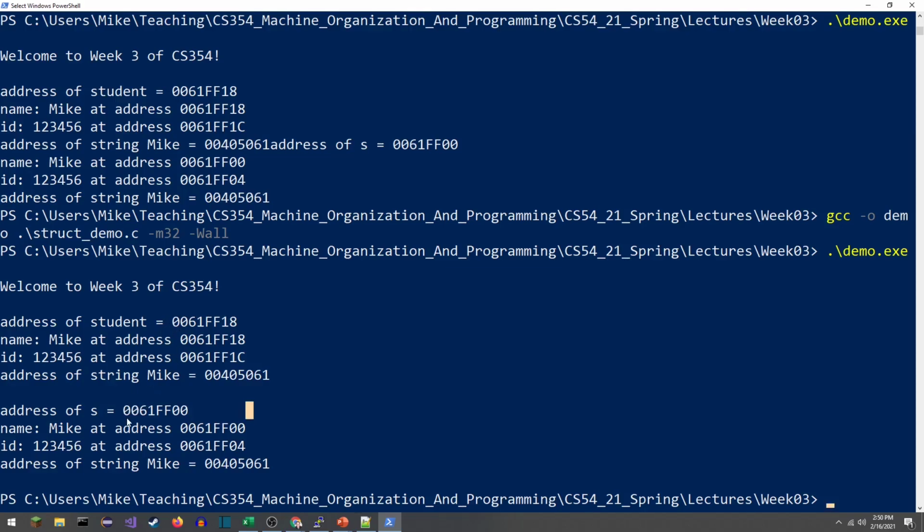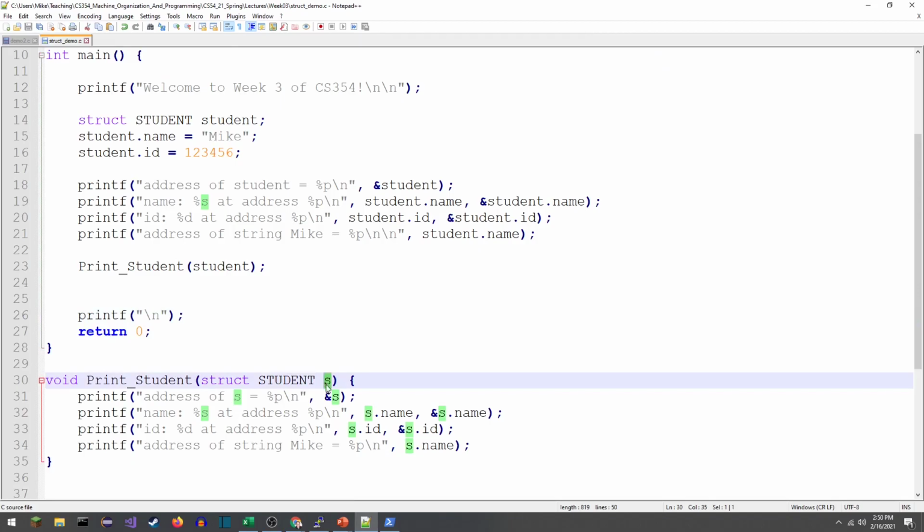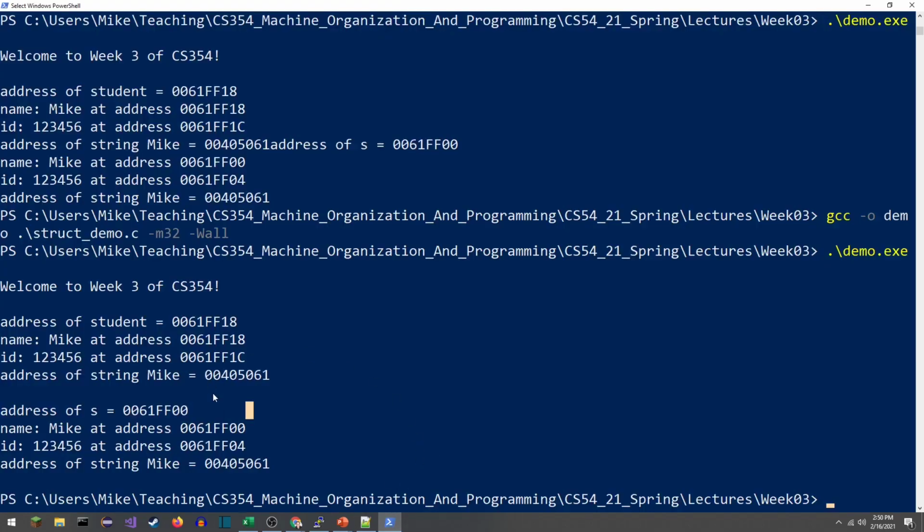All right, next up, when we actually pass this data structure to the function, I can see that I've created a new student piece of data structure right there. It's a struct student named S, of type struct student. When we pass that, everything is called by value, so we're making copies. So this is a new struct at this location, FF00. It doesn't appear up here. The first piece of data, the address of Mike, got copied into FF00 right there,